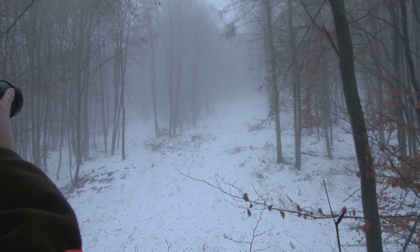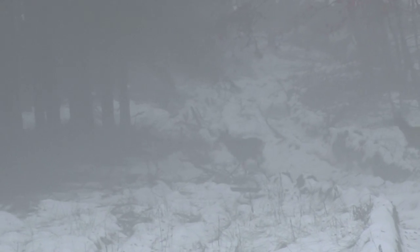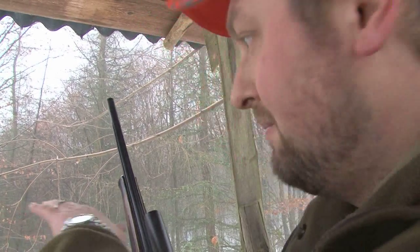I do some quick range finding so I can mentally mark trees and boundaries, and it's not long before we see some game. A group of red deer cross the ride below us, but they're too fast and too far away for me to feel confident at a shot. It's a group of half a dozen hinds and a spiker. They came through the heavy cover, they were quite close to us, but then they